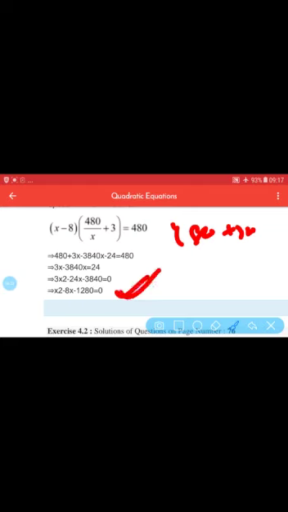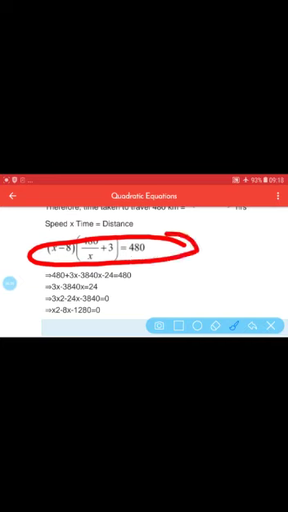This is our quadratic form of equation. This is x square. Is that okay? So in that way we will solve all the problems. See, this you solve by yourself only. This calculation part is your part only. Because this calculation part you can do by your own way. Everybody has their different way, so in that way you have to write.